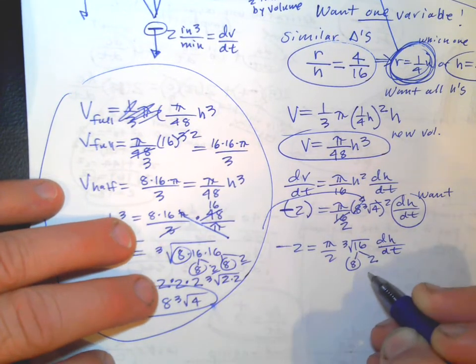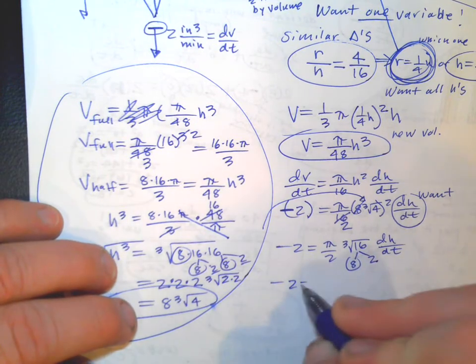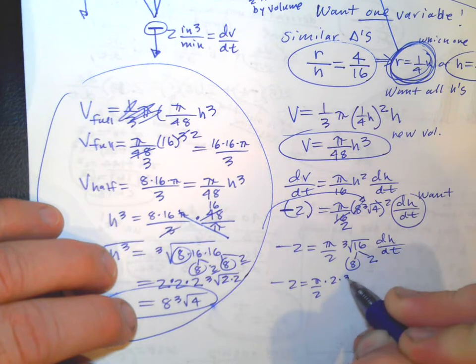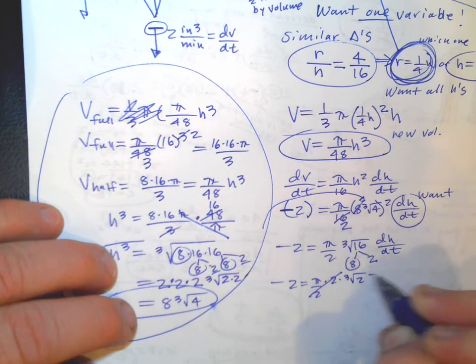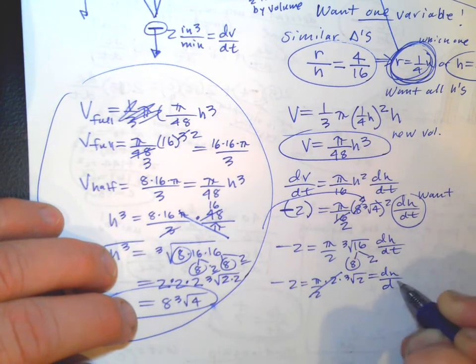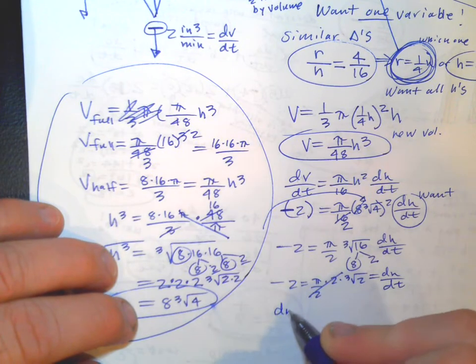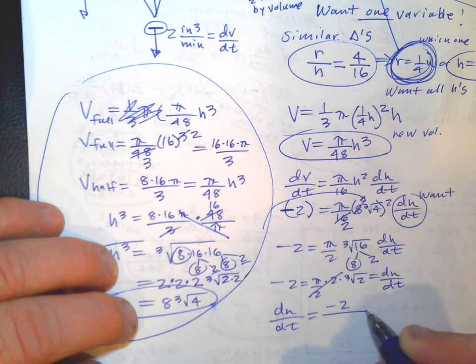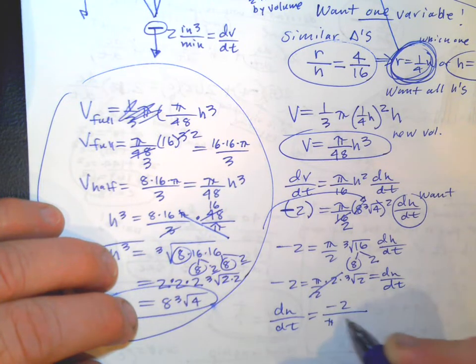The algebra on this is intense. So when you take the cube root of 8 out, you get another 2, and then cube root of 2. These 2's cancel. We're getting close. So dH dt equals negative 2 divided by pi cube root of 2,